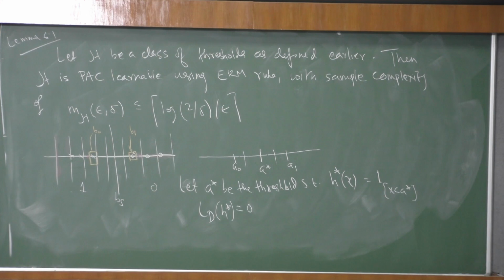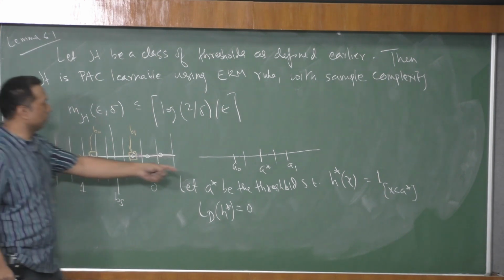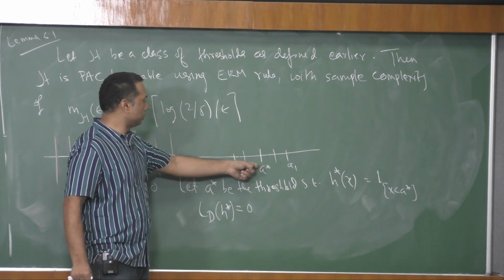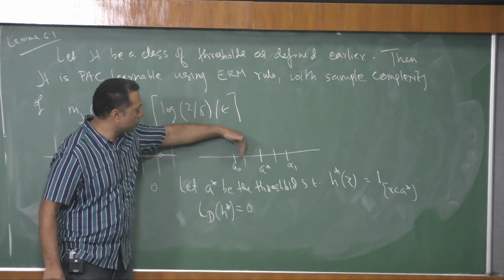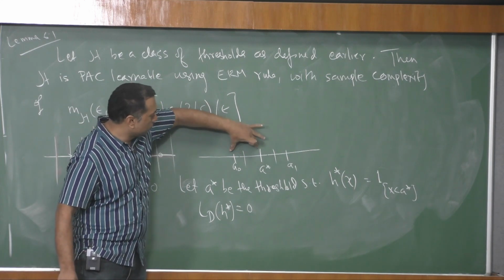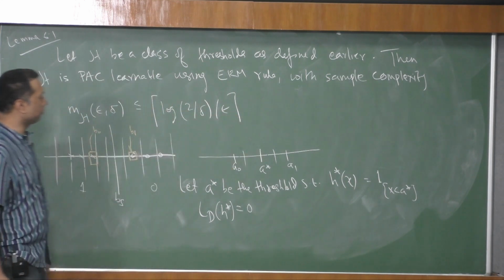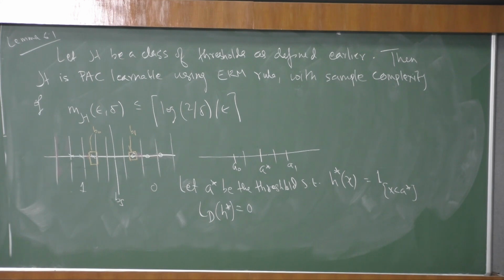And then the error which is done on the D, right. So this is the D part. This is A star on the D. So if somehow our BS was not so far from A star or within this epsilon, then I will do well in the test error,